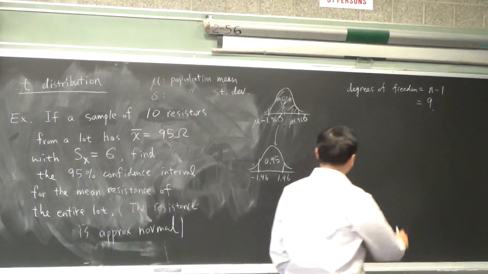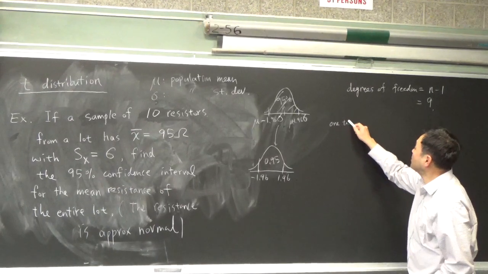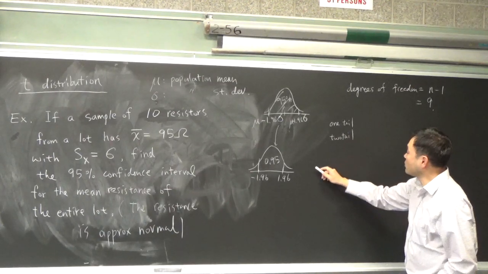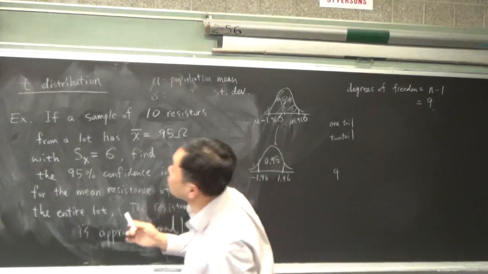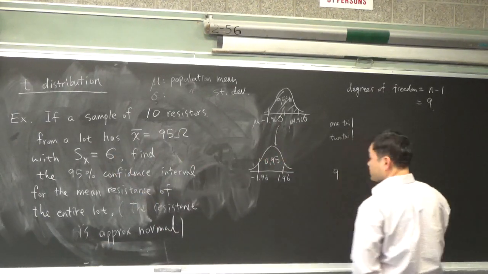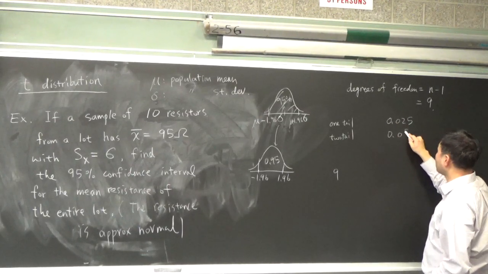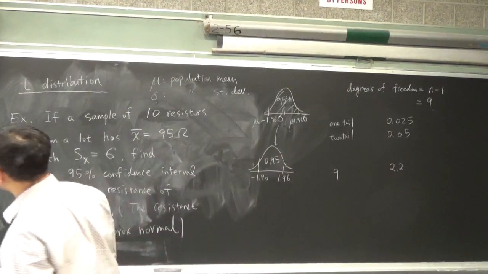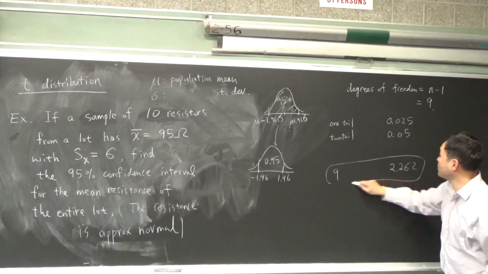Let me write down what's on the table: one tail, two tail, with degrees of freedom 9. One tail says 0.025, two tail 0.05, and this number is 2.262. So if you look at where these meet,